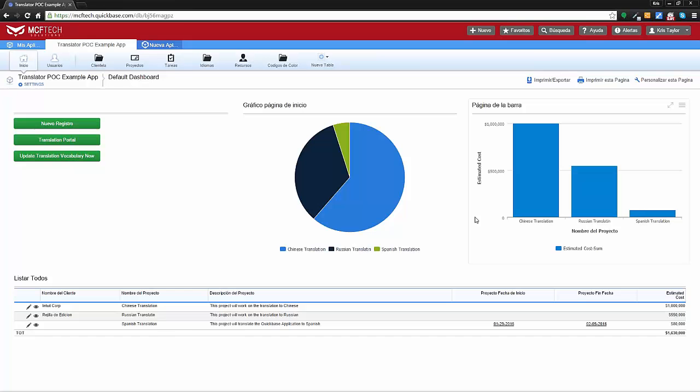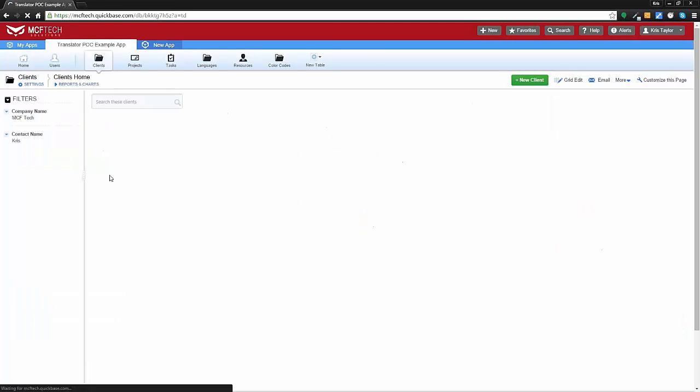And I'm actually going to walk you through in just a moment how we can edit those translations or add additional translations to our library, and see how quick and easy that is and how quickly that gets updated within the QuickBase system or application. So from here, I'm going to go in and look at one of our projects,